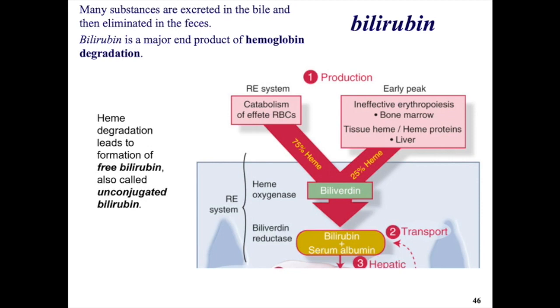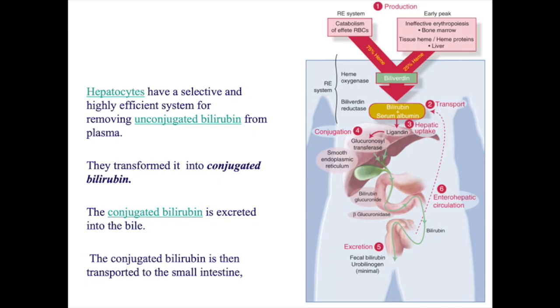So once this albumin and bilirubin are in circulation, the hepatocytes will take it in and transform this unconjugated bilirubin into conjugated bilirubin, which you don't have to know the enzymes, but you see there number 4, the process of conjugation. Conjugated bilirubin is now water soluble and will be excreted into the bile,